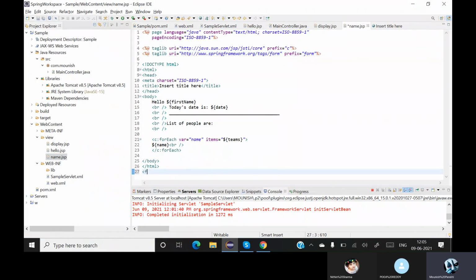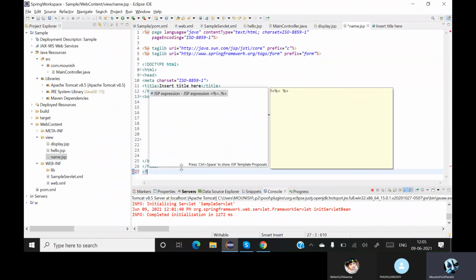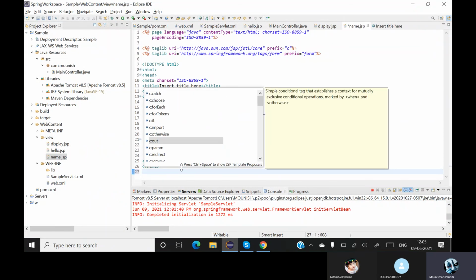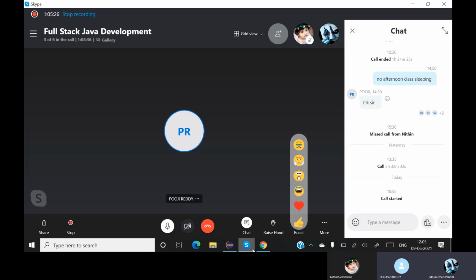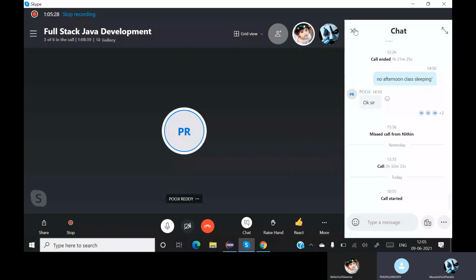So when you just say form, previously what you are seeing is only a JSP thing. Now what you are seeing will be a complete form. This is a JSTL tag, not a normal HTML form button. This is a JSTL form button. So inside this you have button, checkboxes, errors, almost there are a lot of things. So we'll see all about this in our next session. Okay. Yes, sir. Yes. Good.